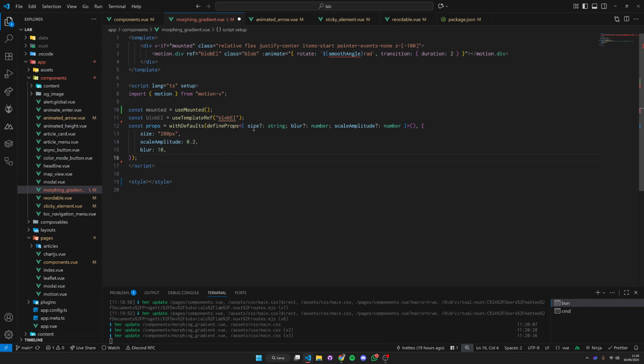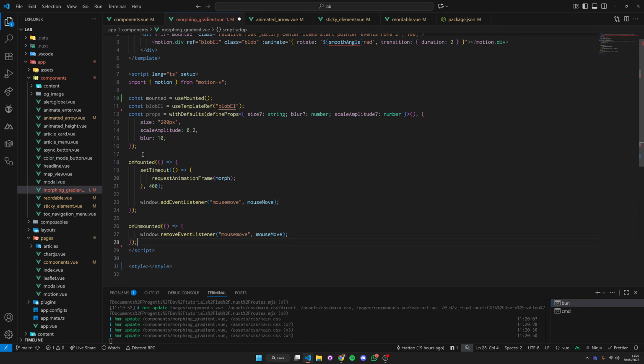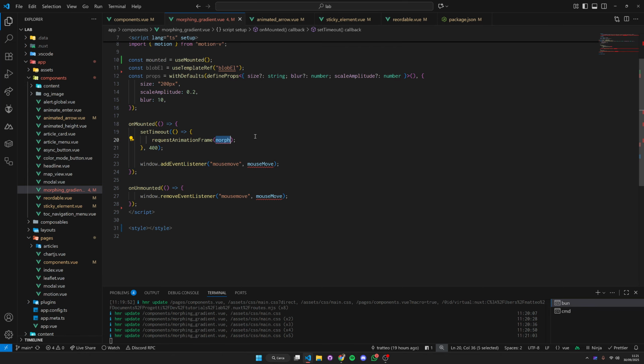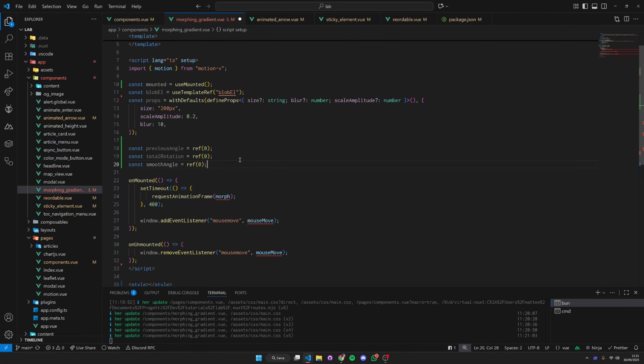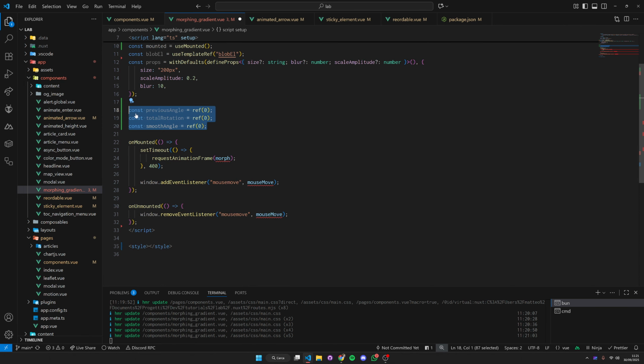Finally, we are going to have some properties, specifically the size in pixels. We are going to hook into the mounted and unmounted event, and a morph function that we are going to use to morph the element. And then whenever we move the mouse, we are going to hook and call this callback, mouseMove. These three refs